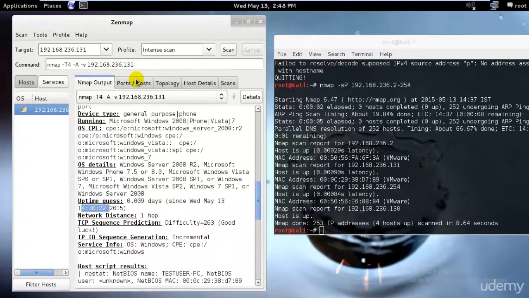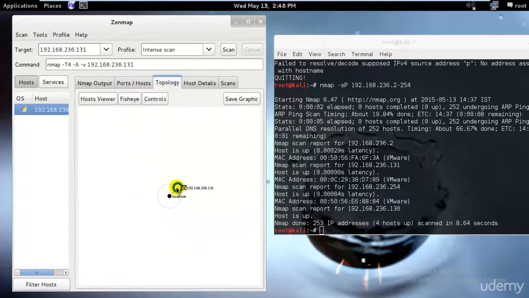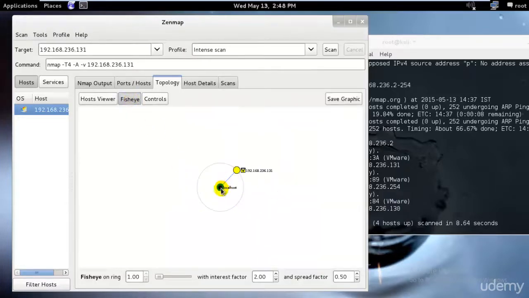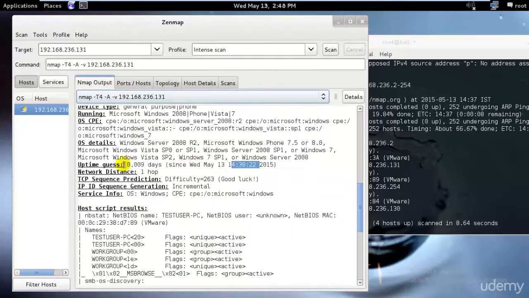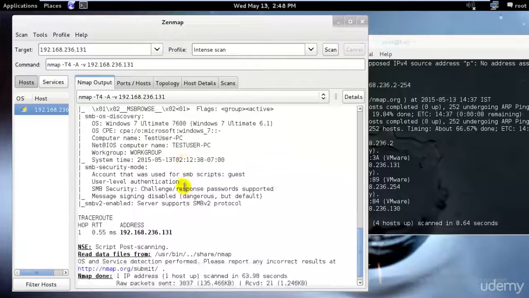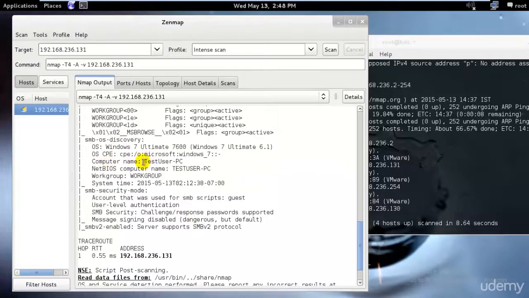And it's just one hop. That means there are no computers in between. These are connected directly. If I'm connecting through the internet, then there will be multiple computers, all the routes through which I'm going, and it will show me where exactly my computer is by connecting to several computers. And as you can see, we have the TCP sequence prediction, that is 263. That means we can easily penetrate into that. Again, the operating system is Windows, and we have all the information that we need. The computer name was test user, since